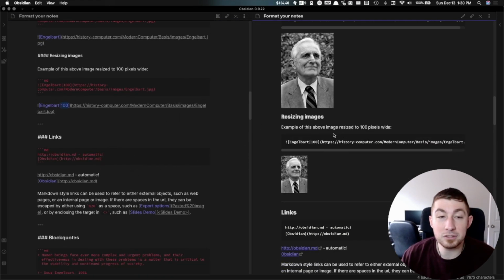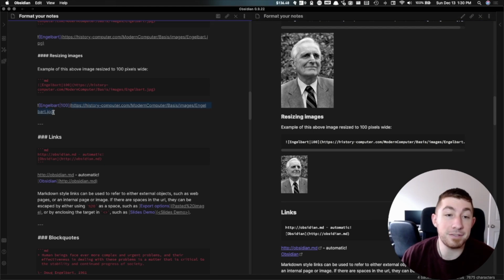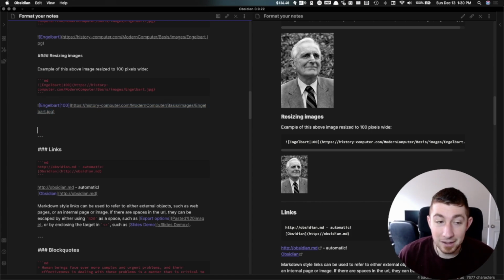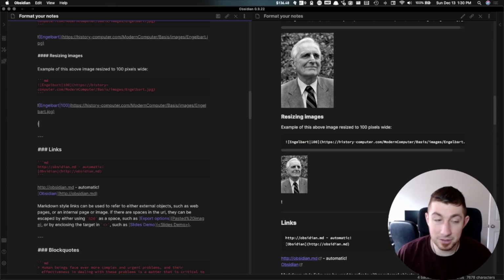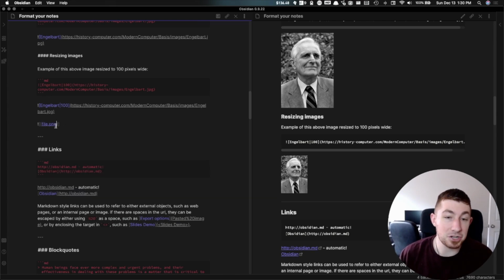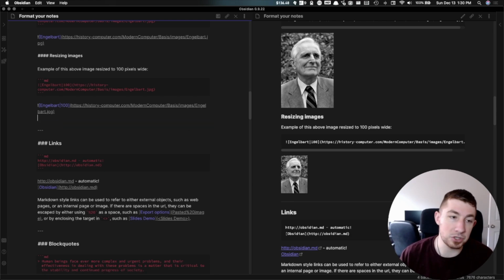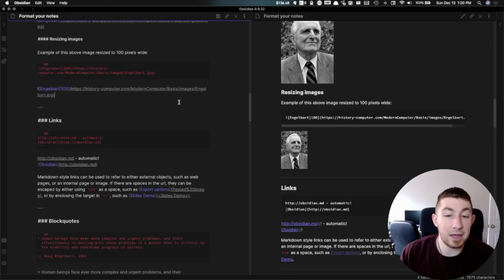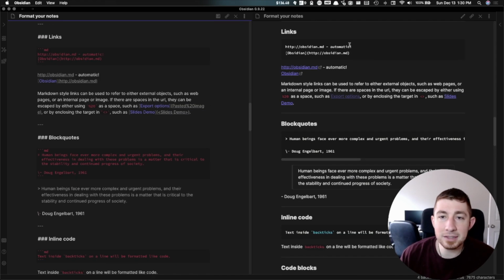Now, you can also do this with a wiki link. Now, because this is coming from a URL and not a file in our vault, you have to use the Markdown link. But if this was a file in our vault, we could easily do the exact same thing by saying, hey, file.png, and that would actually insert that file as an image if you had it in your vault, which we don't. So we also have links, and links are